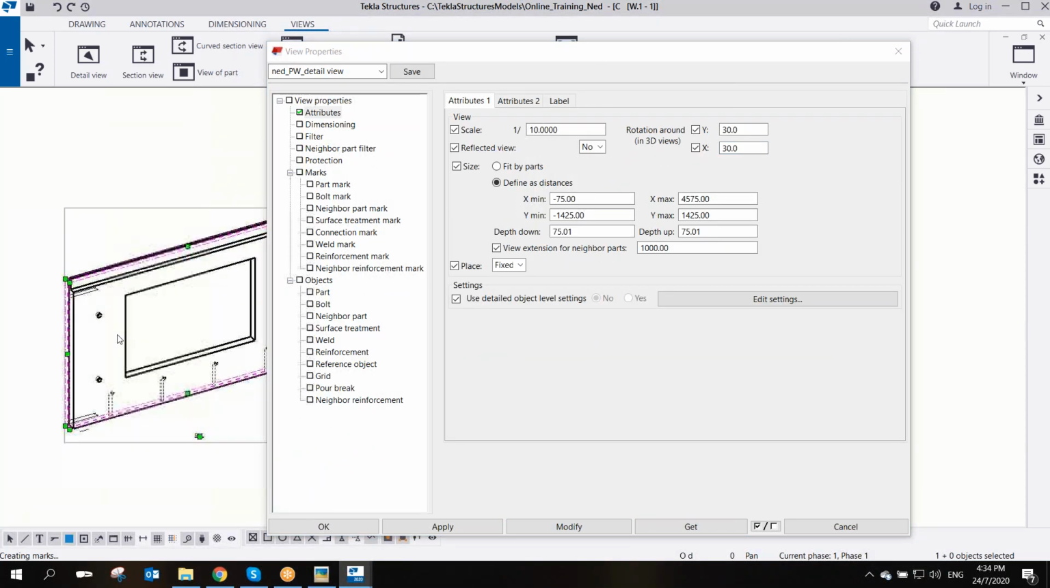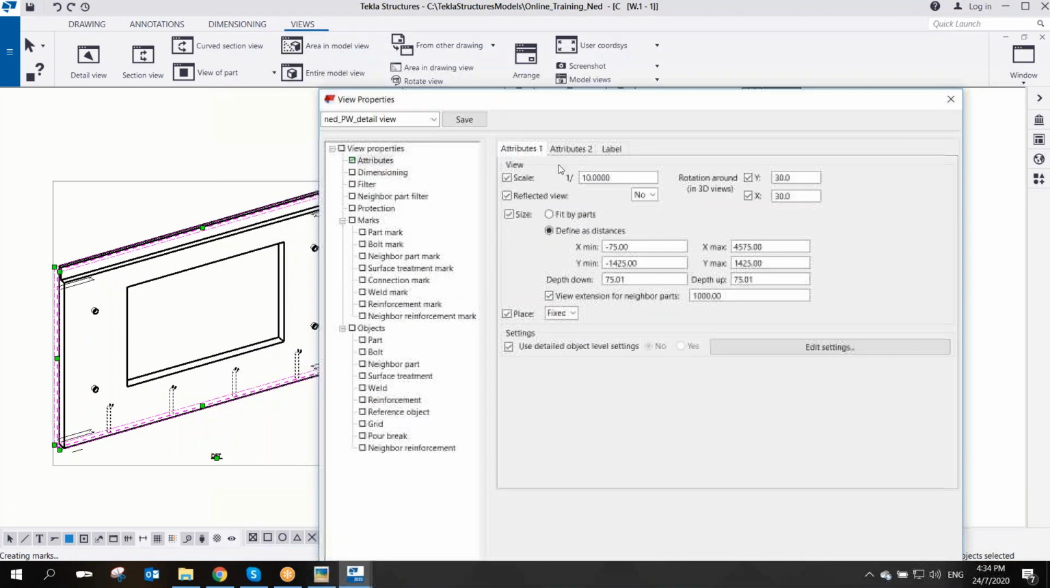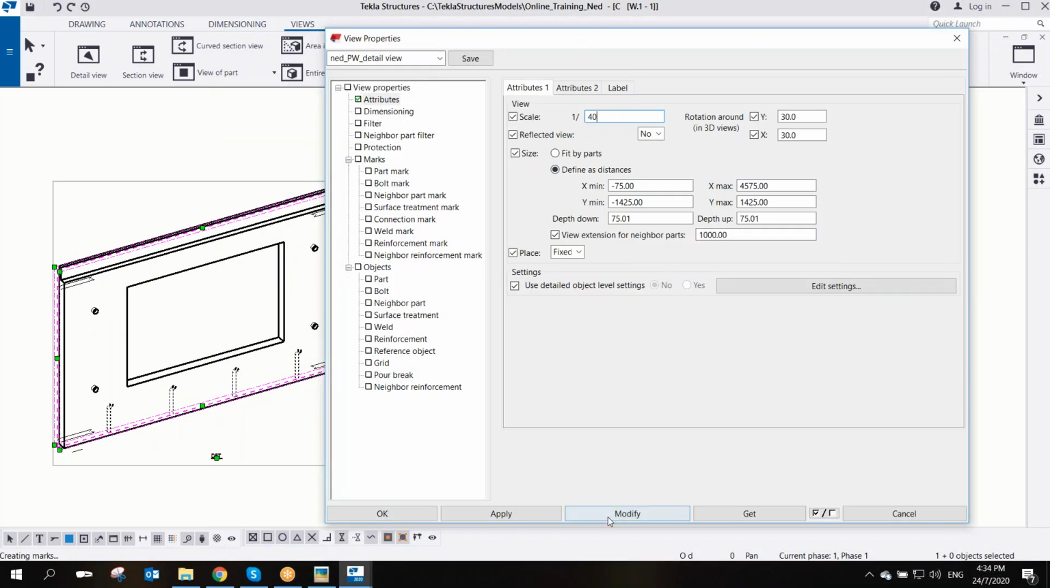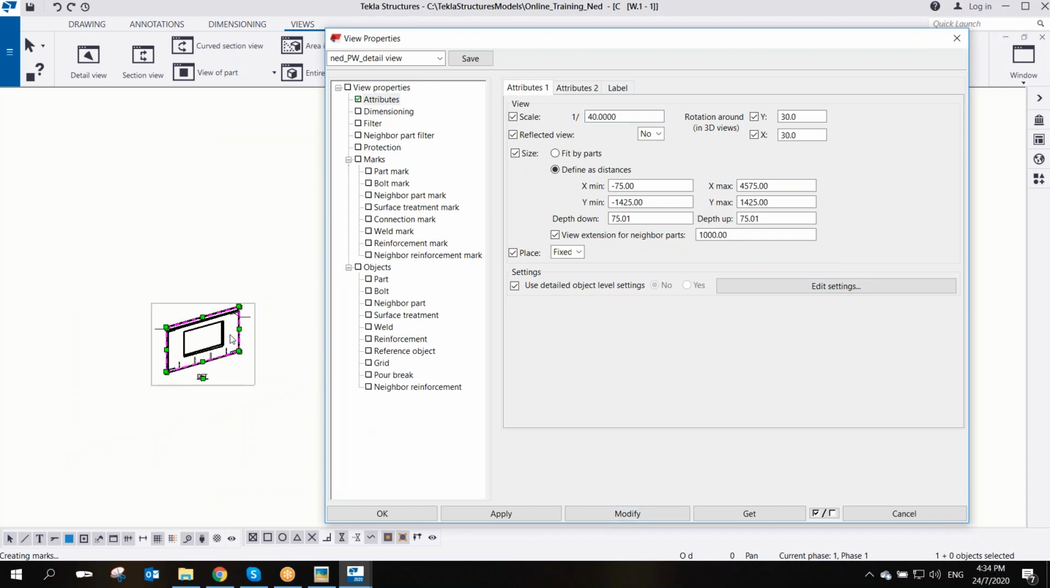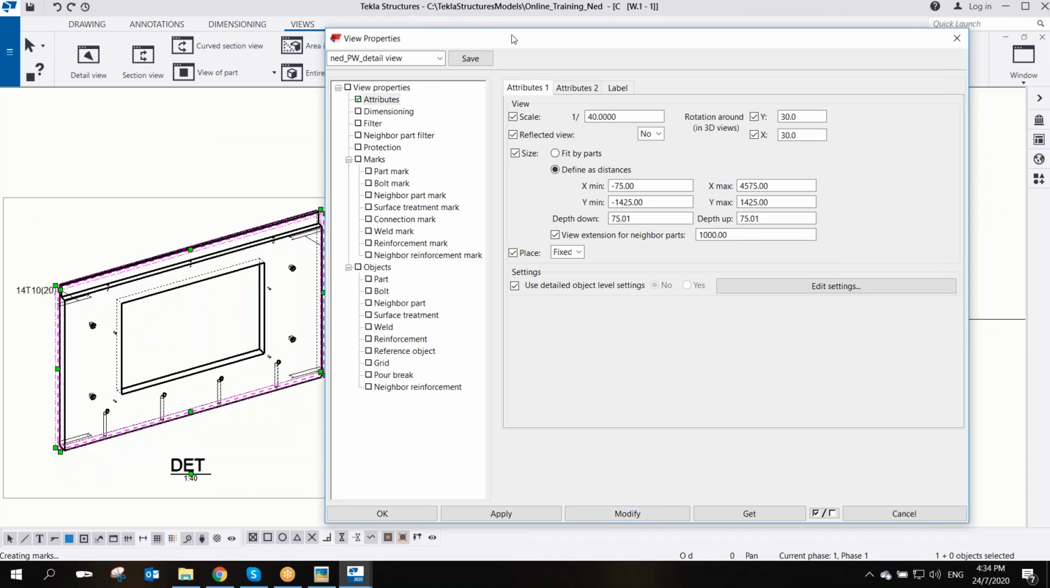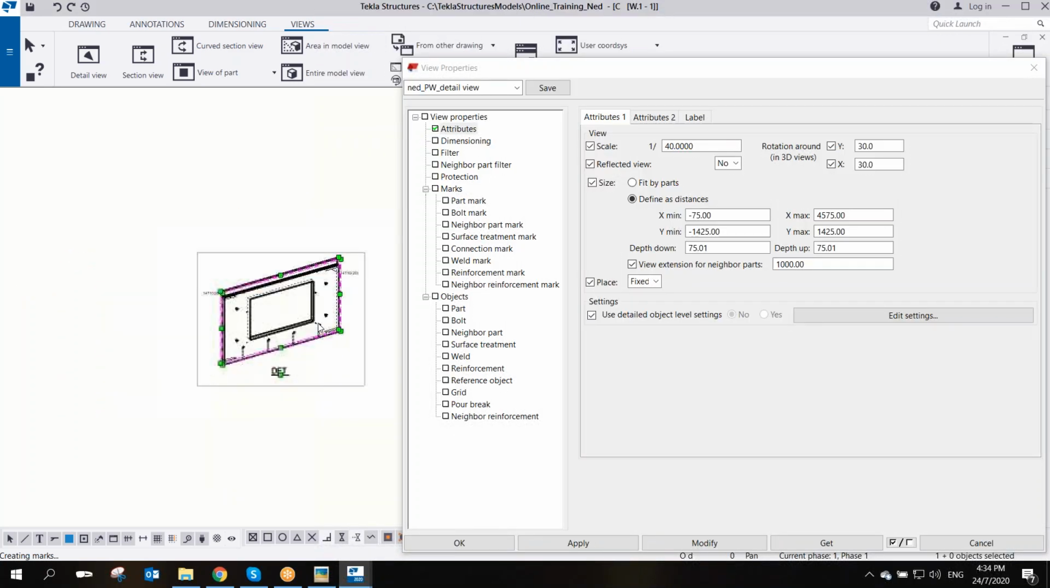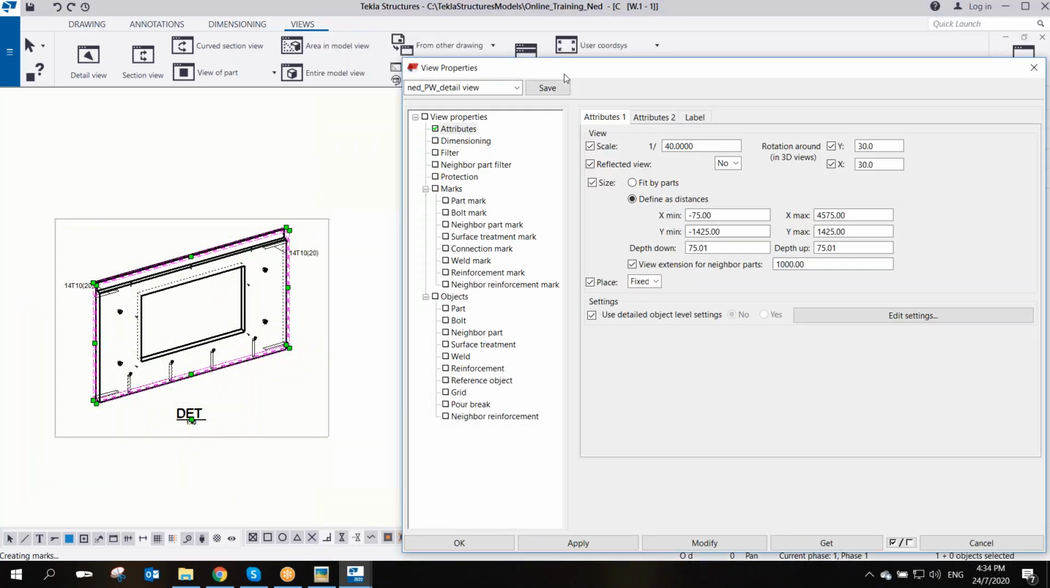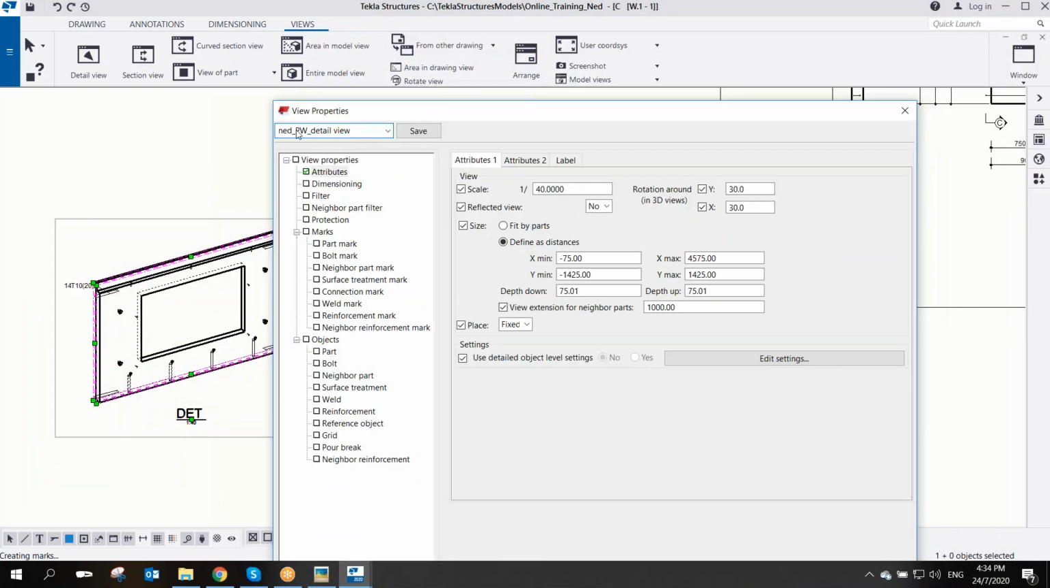So that one, this one is the internal view. Okay, so let's say this one is 40, and then modify. So this is the internal view. Okay, internal view. Now we can save this one as internal 3D. Okay, so save. So now for the external 3D,